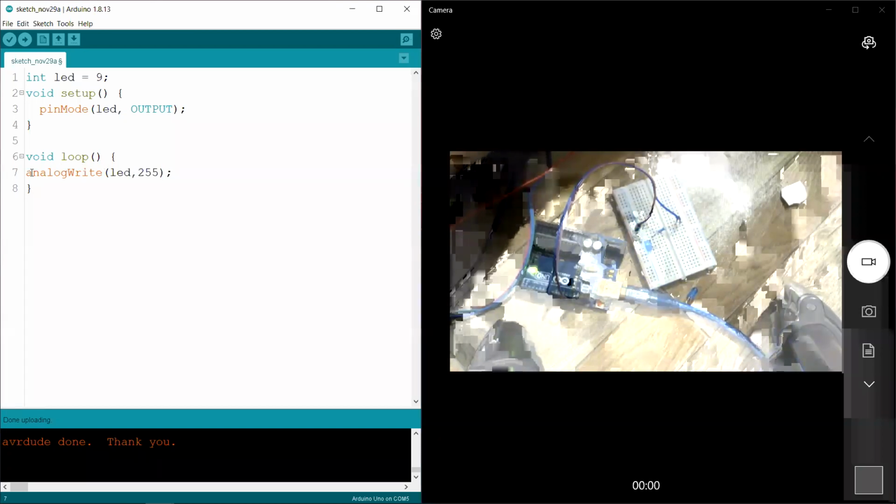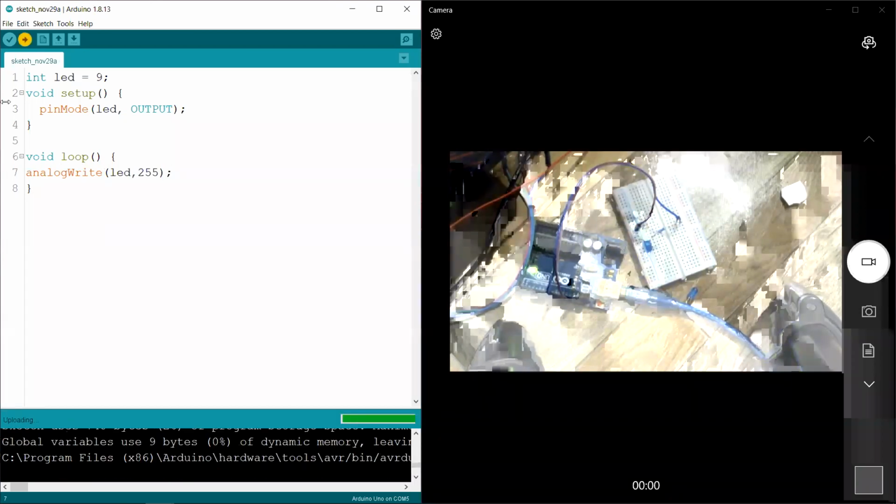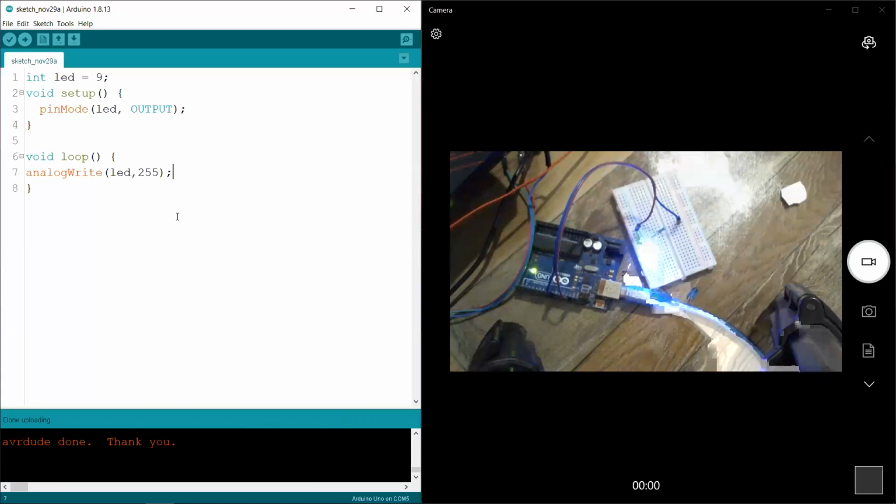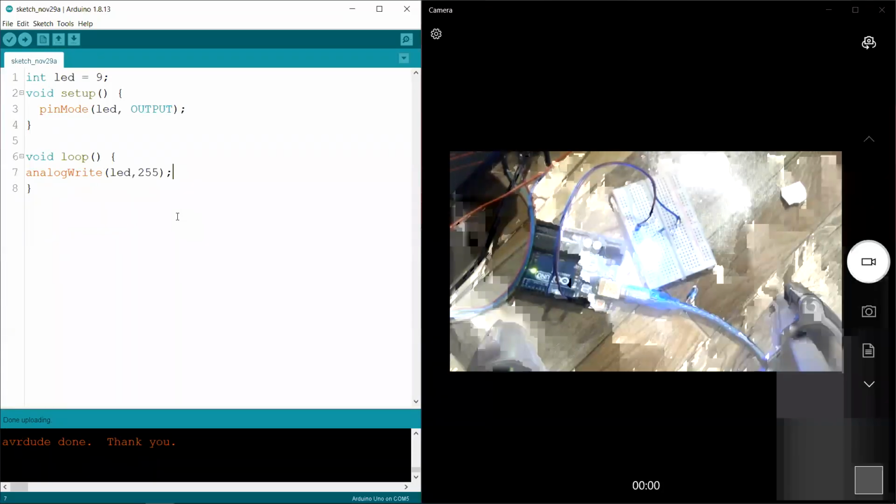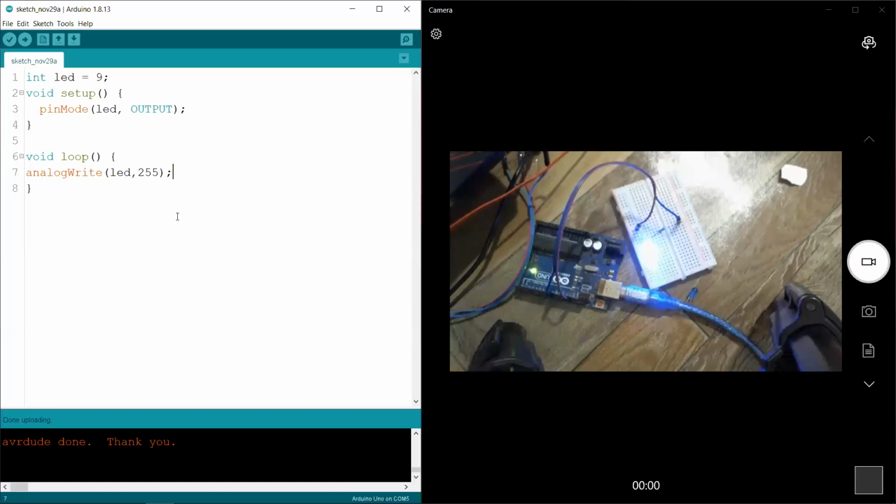Now this means the LED is turned on fully, right? See, the LED is turned on fully. Now if we inspect that waveform with the oscilloscope, we are going to see that it stays high all the time.